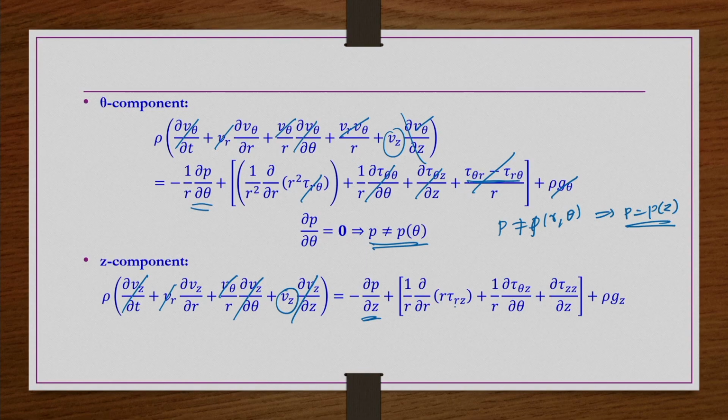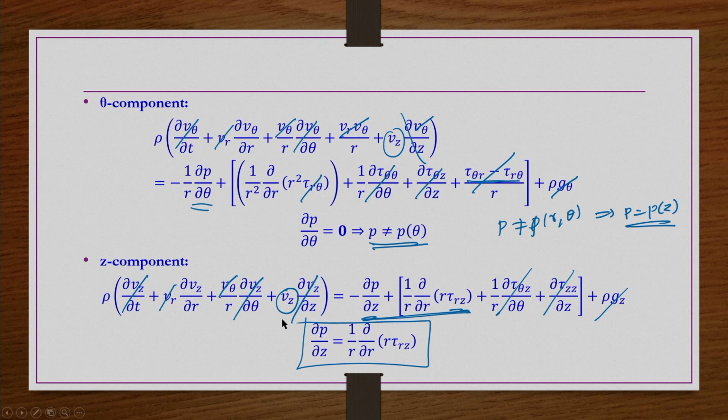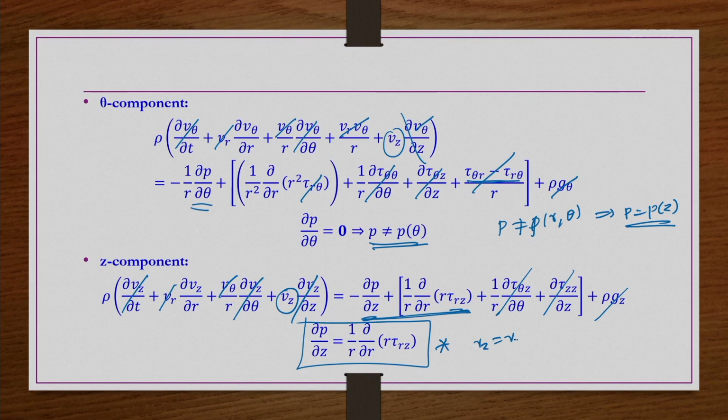Okay. And then tau rz is existing, and it is a function of r. So, we cannot cancel out this term also, and because of symmetry this term is 0, because of the fully developed flow this term is 0. We are not taking gravity into consideration. So, we have only these two terms remaining. That is dou p by dou z is equal to 1 by r dou by dou r of r tau rz. So, this equation will give you the expression for Vz as a function of r when you substitute what tau rz is for a given fluid.